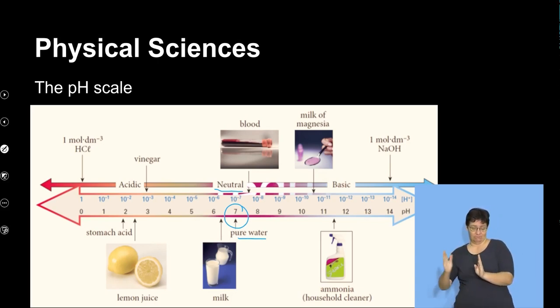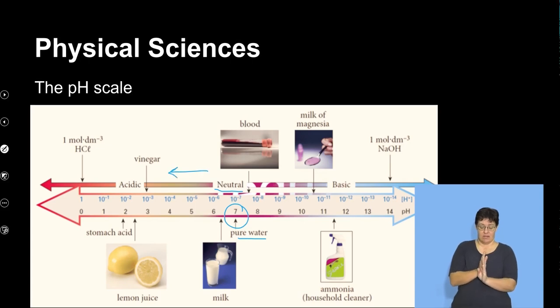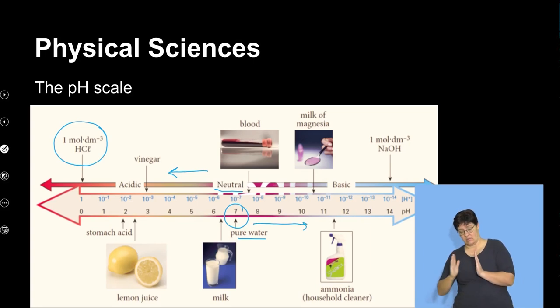And then as you move further to your left, the strength of acidity increases. So substances that are closer to 7 are weak acids, while those closer to 0, say for argument's sake, hydrochloric acid of concentration 1 mole per cubic decimeter, that's a measure of the acidity of this substance. While at the opposite end, as you move from 7 to 14, the substances become more of strong bases.